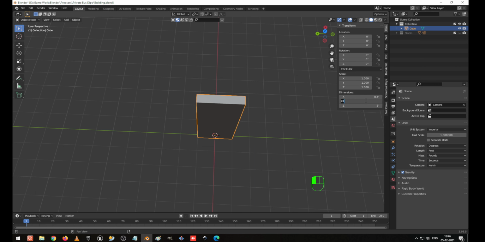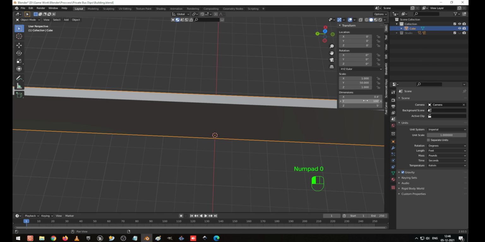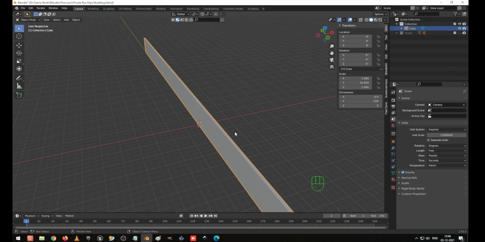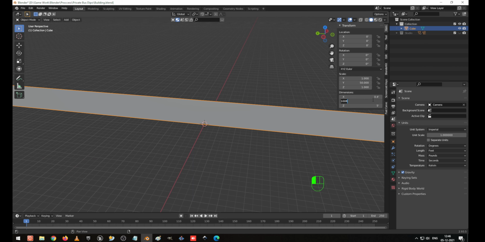I'm going to give the Y dimension. Let me try with 100 feet. It's too high, so I make it 80.